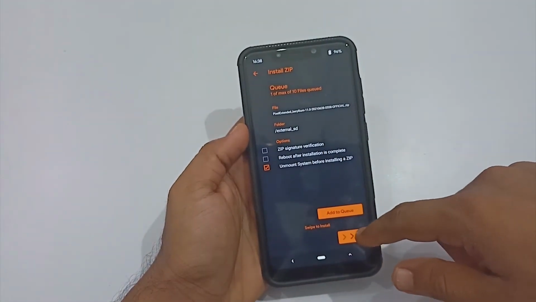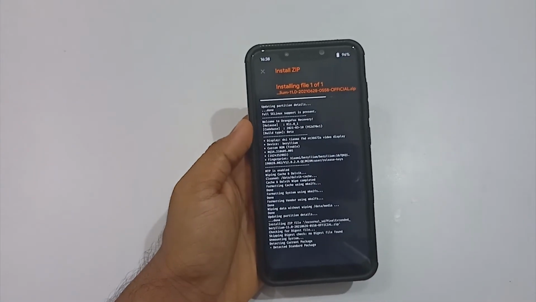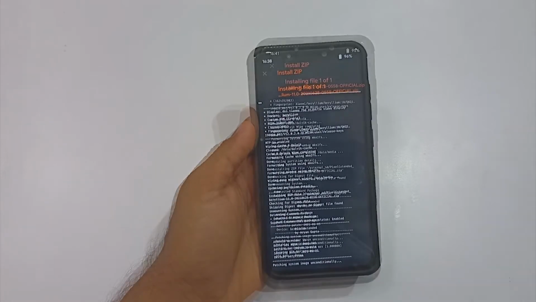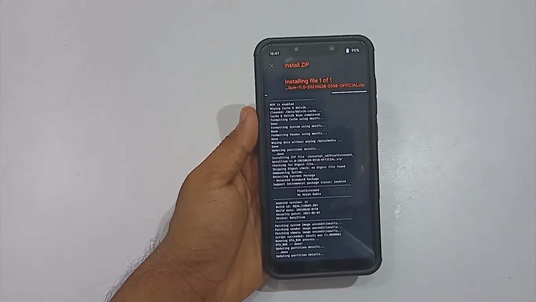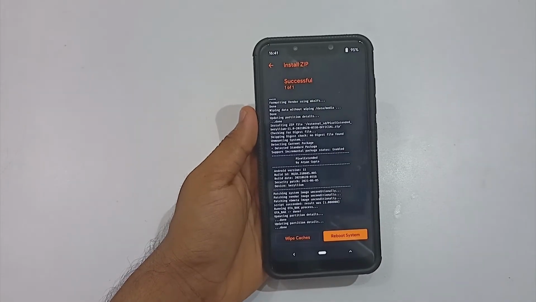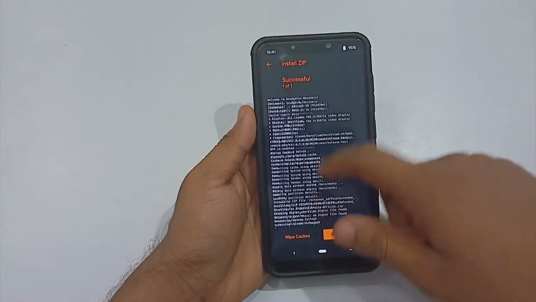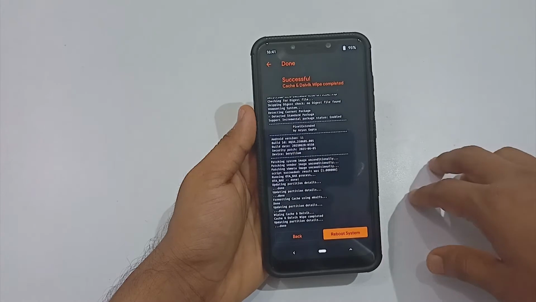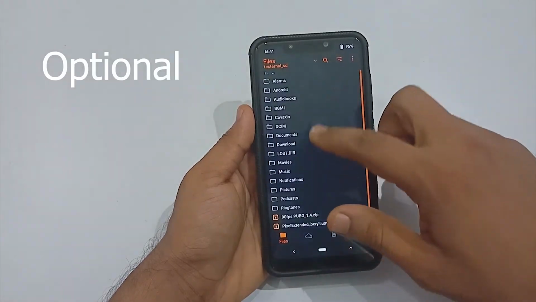Wait until installation finishes, and once it is done, make sure that no errors are noticed. Wipe Dalvik cache and flash any DFE if you want your phone to be decrypted, else you can skip this step. Once it is done, reboot your phone into